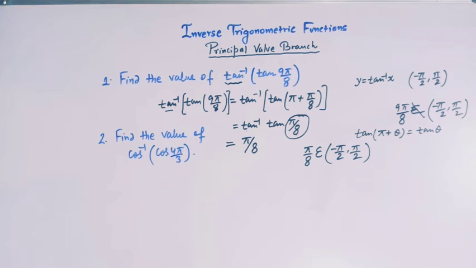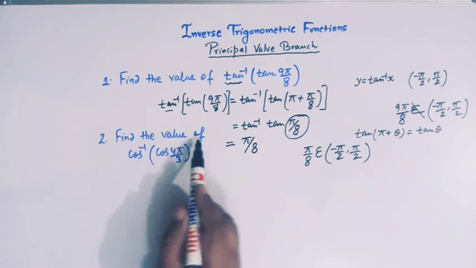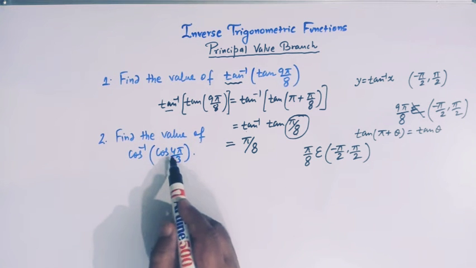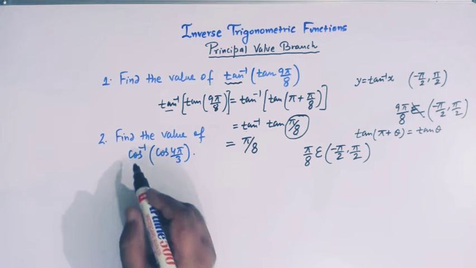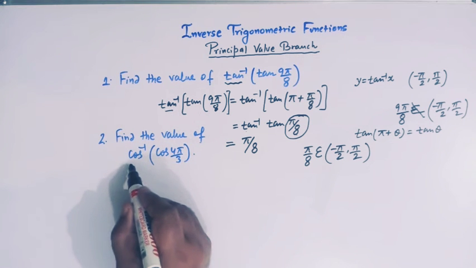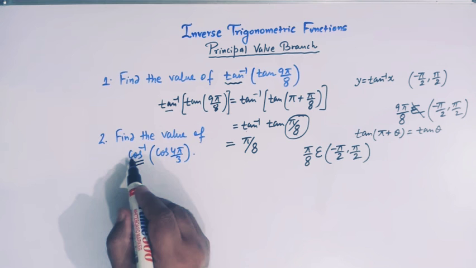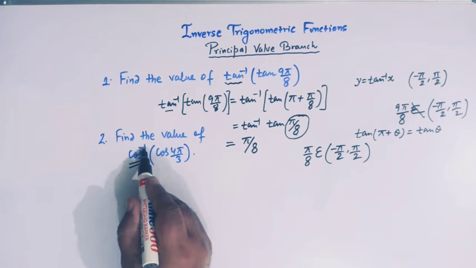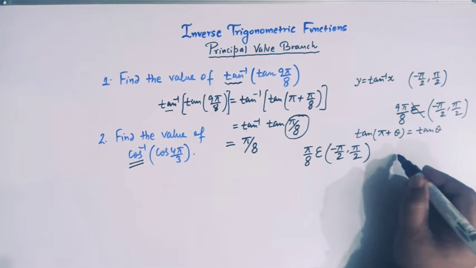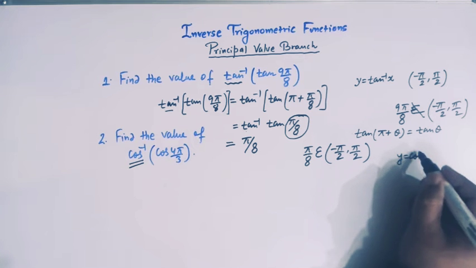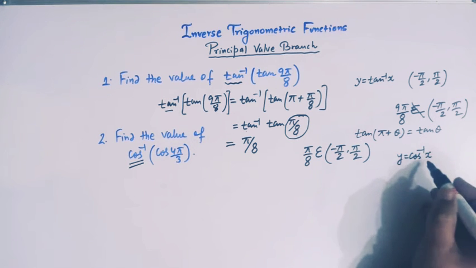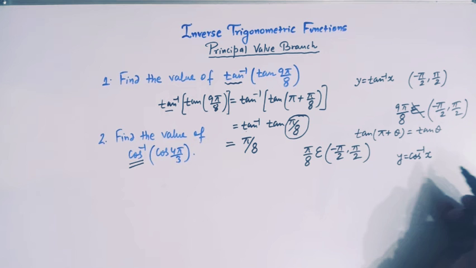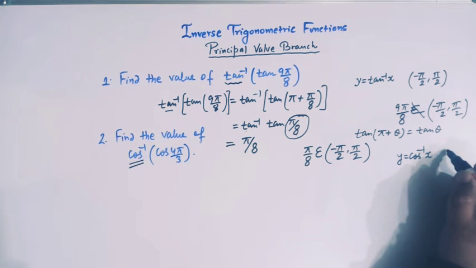Now let us take one more problem. Here we have to find the value of cos inverse cos 4 pi by 3. Here the inverse trigonometric function involved is cos inverse. We know that if y equals cos inverse x, then the principal value branch or the range is the interval 0 to pi. So here we have the